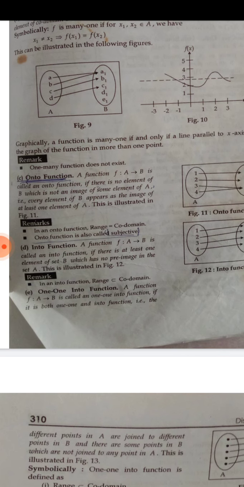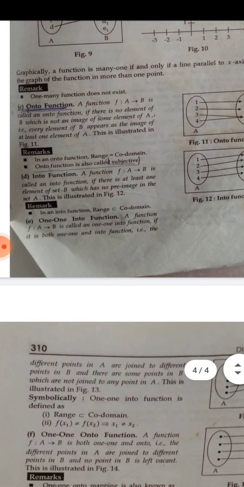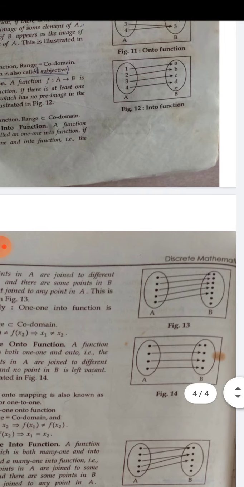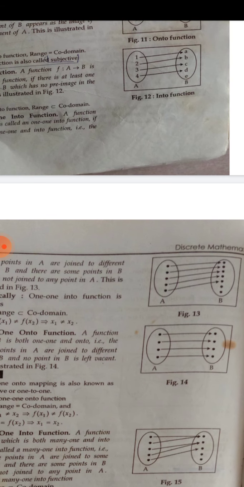Next we can combine one-one into. Simple, no need to learn the definition. You can write it is the combination of one-one function and into function. क्या करना है, ड्रॉ कैसे करोगे आप, मीन्स सिंगल सिंगल मैपिंग प्लस सेट B में एटलीस्ट एक एलिमेंट जो A से कवर ना हो. Let's see the figure 13. You can see one single mapping and B में two elements are remaining which are not images in A.